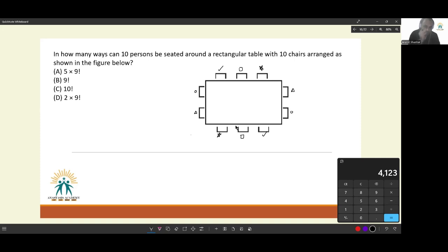When the first guy walks in, he sees these chairs and he realizes there are 5 options available for him. He can select his seat in 5 ways. As soon as the first person sits down,